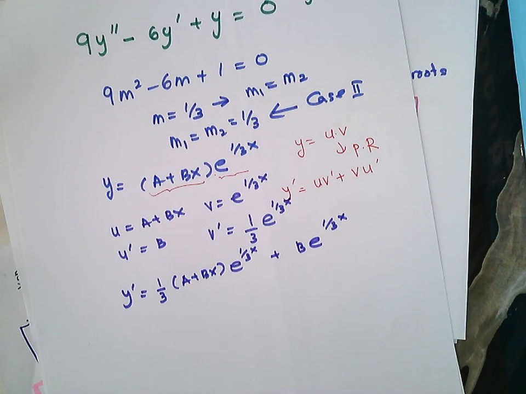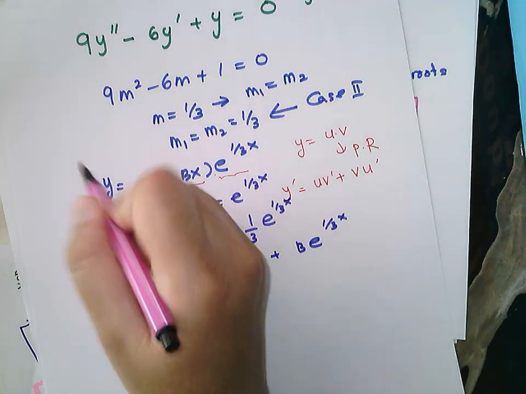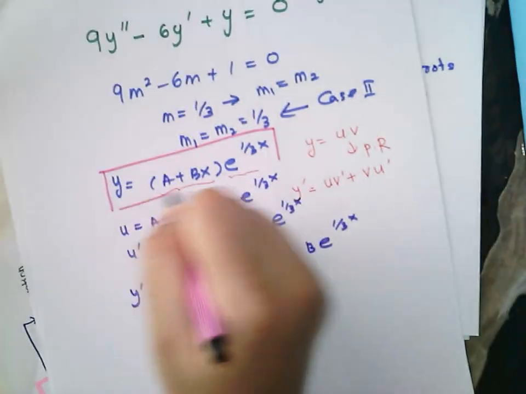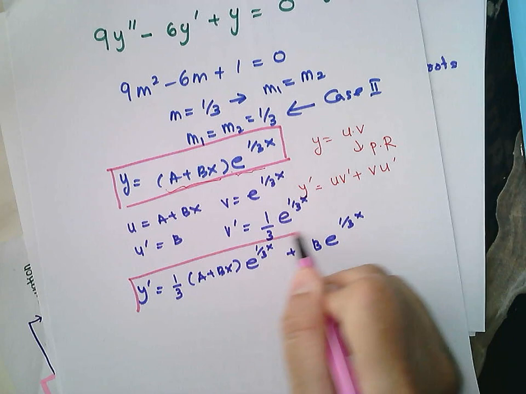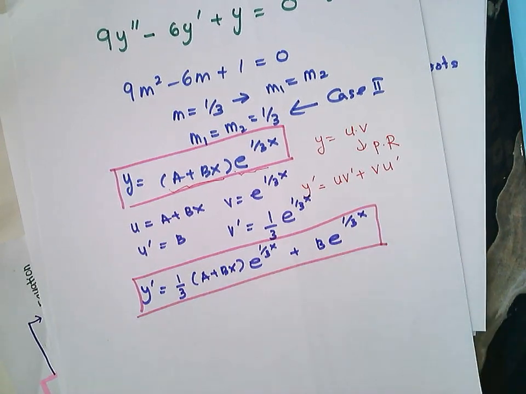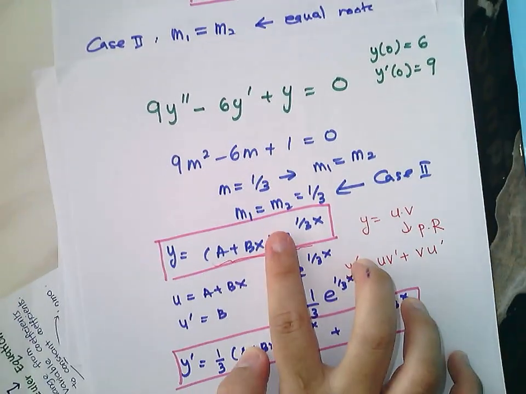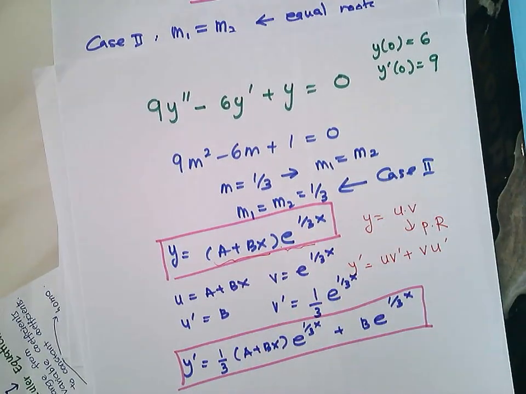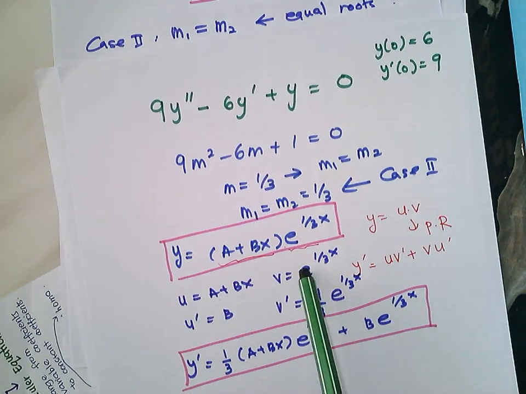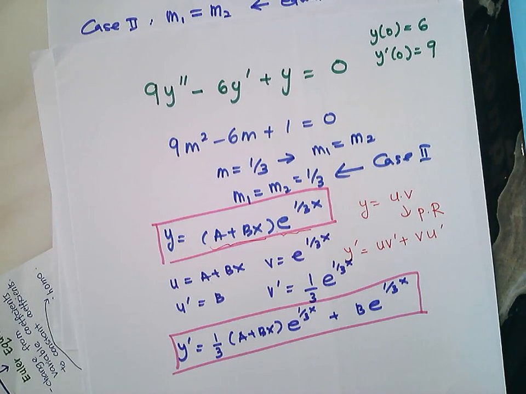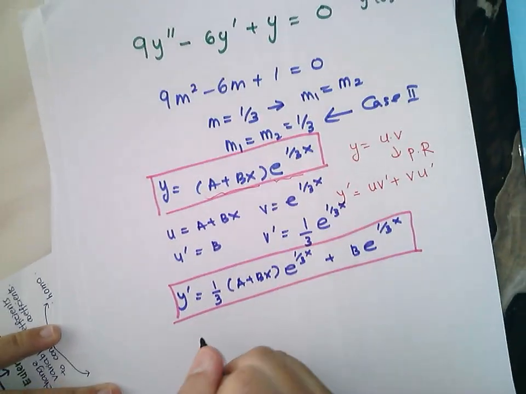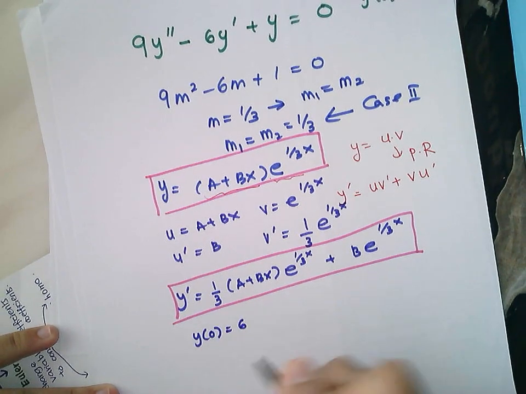So again, this is your y and this is your y prime. Now you can substitute the conditions given to you. y(0) equals 6, so substitute into the first equation. Another one, y'(0) equals 9, so you can use the second equation. So the first one, y(0) equals 6, so you will have